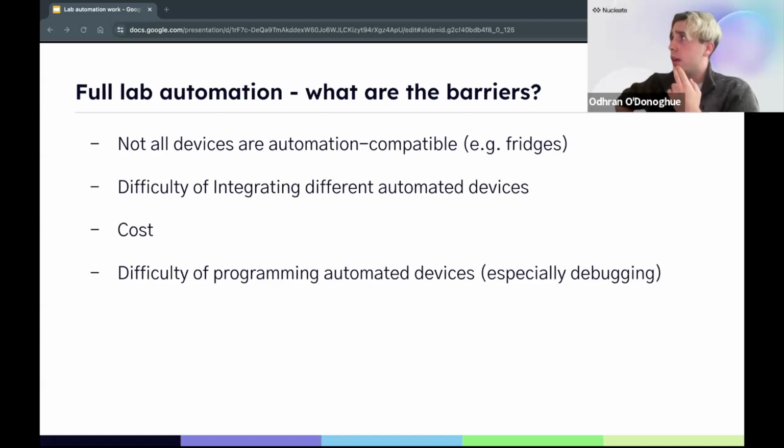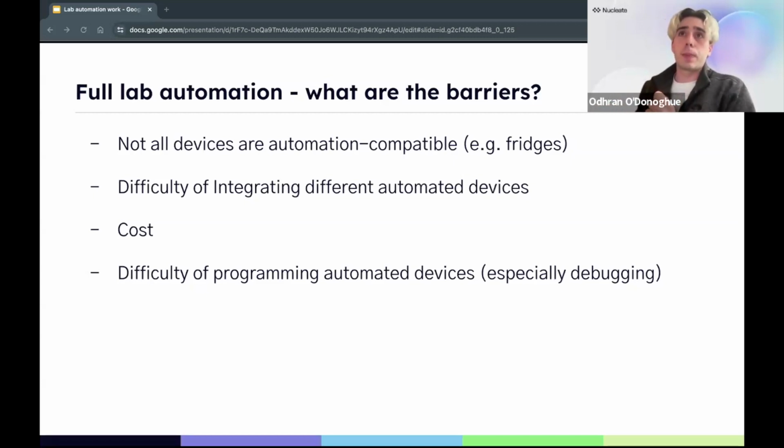Finally, and I think most notably, there are difficulties in programming robotics. When you have to control every single component of an experiment, humans aren't really used to thinking in that way. It's one of the reasons we have a lot of errors in science, but it's also one of the reasons we can have serendipity and do this sort of discovery. Writing scripts for robots to do science is a hard task.